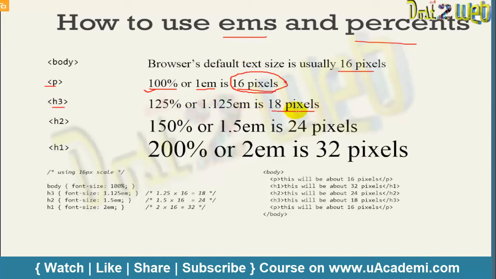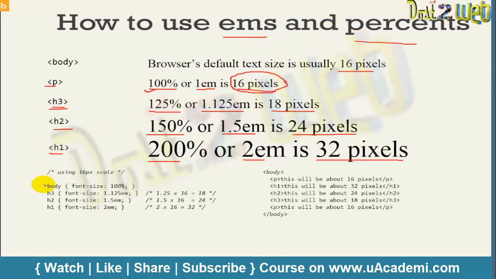If we are using 18 pixel, that means in percentage, because you know that the H3 font will be bigger, right? It should be 125%, and if you want to use EM, you will use 1.125. The same way for H2, you can define 150%, and it is 1.5 EM, that is equal to 24 pixel. The moment you use H1, that means it's the bigger font, right? Then it means 200% and 2 EM, that is equal to 32 pixel. So like this, you can change the pixel into EMs and into percent.